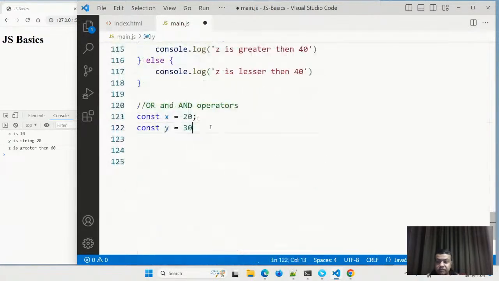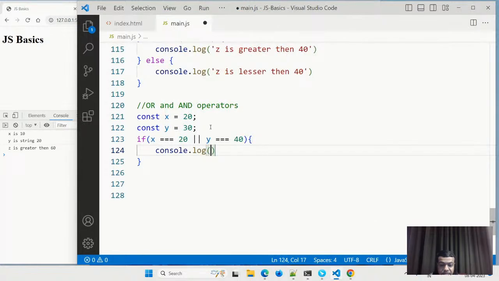Now what is there: if x equal to 20 or y equal to 40, console log, any one of the statements is true. So what does or mean? Or means this double pipeline. You cannot have a space between them. Or means a double pipeline. If any one of the statements is true, it will run.